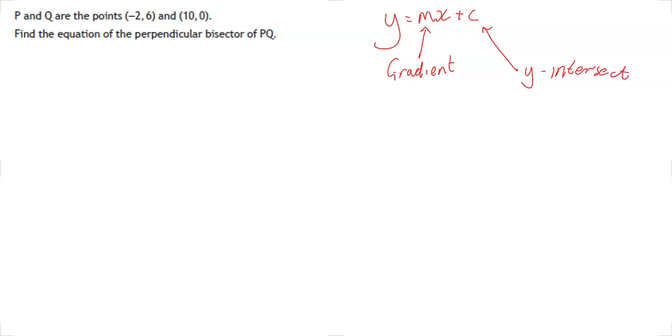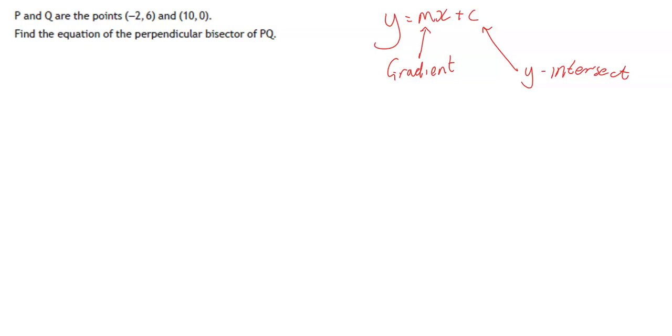Now, when it comes to calculating the equation of a straight line, there's a few sets of information they can give us. Firstly, they can give us the gradient and the y-intercept if they're feeling really nice. The second set of information they can give us is a generic point somewhere on the line, plus the y-intercept. Or the third one is just two random points anywhere along the line. Using that, we're able to calculate the gradient and work with them to fill in the gaps to get us